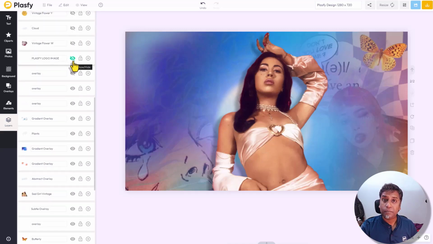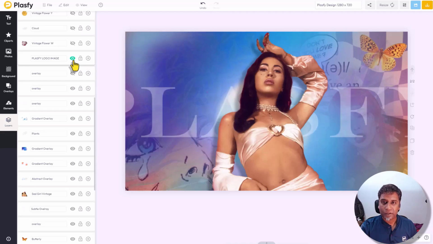Then we got the Plasty logo image. It's just added in there. You know it is Plasty, though you can't see the entire thing. Sometimes in modern photography, modern compositions, you don't need to show the entire thing. For example, the P is cut off, the Y is cut off, but you still know it is Plasty. So as long as people know what it is, you don't need to show the entire thing. So keep that in mind for graphic design.